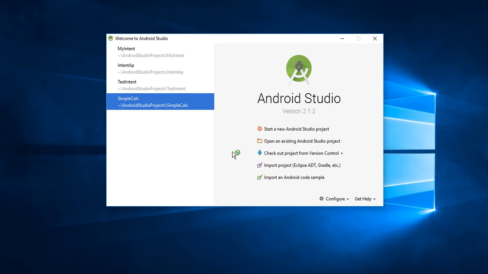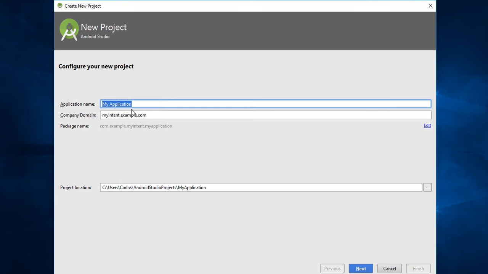If you have already started or created web pages or websites, this is similar to a link. So this intent actually allows you to go, for example, from a sign-in page to a home page or a profile page. Okay, so let's start a new Android Studio project and let's name it